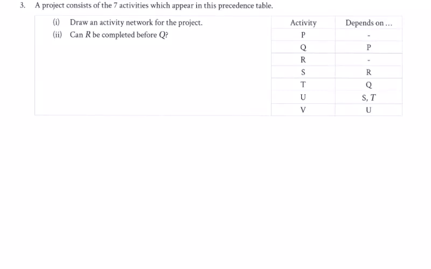Number 3, P depends on nothing, so we can start and draw P. Call him number 1. Q depends on P, so Q can't happen without P. R doesn't depend on anything, so we can start R, and S depends on R, so we go R down